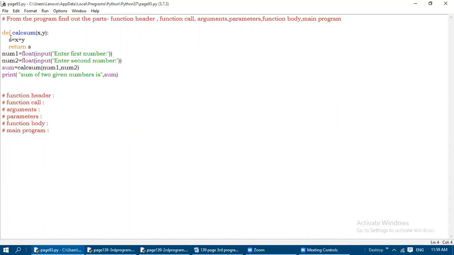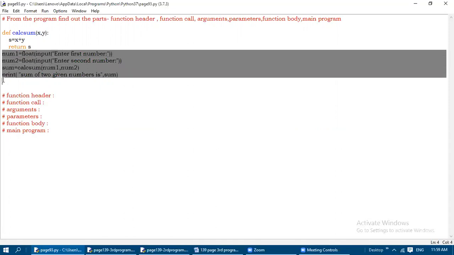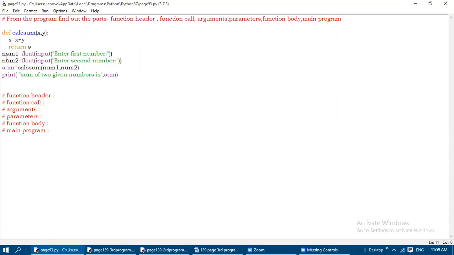These two statements belong to this function because they have four spaces of indentation. The other four statements, if you look, have no indentation; they start from the edge of the screen. That means they belong to the main program: num1, num2, then the sum line, and then the print line. All these four statements belong to the main program.